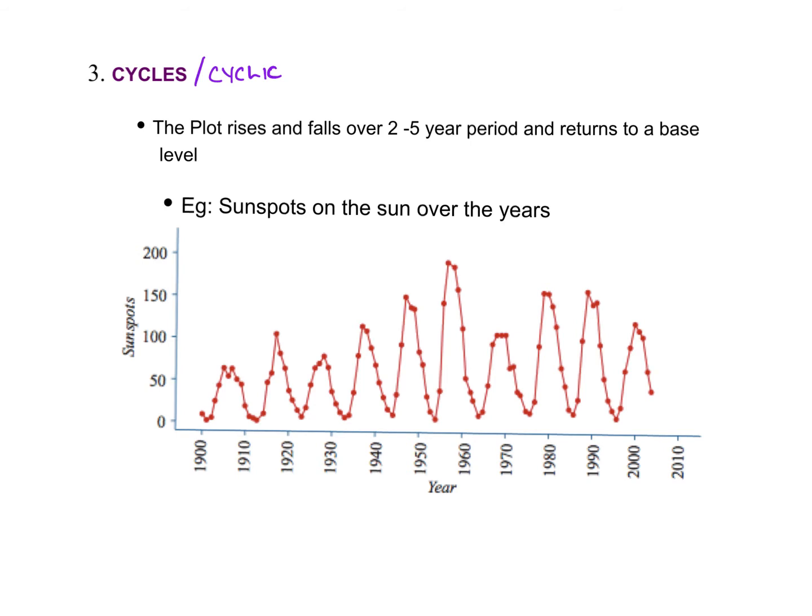We're seeing a drop every 10 years, roughly. So when it's outside a year, but we see this repeating thing, we call it cyclic. If it's happening within a year, within a small time period, that's when we say seasonal. When it's over a great amount of years, we might describe it as a cyclic pattern